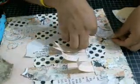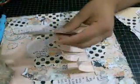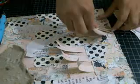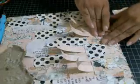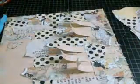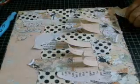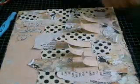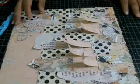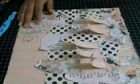I think I want a piece right here. Alright, I think we're good with all those pieces here. So this is what we have so far. We have this really collage-y looking layout. Okay, so let me move these strips of paper out of the way. And look, I still have so much left. I'm telling you guys, this is super neat. Okay, so now I'm gonna go ahead and take some of my ribbon, this ribbon here,